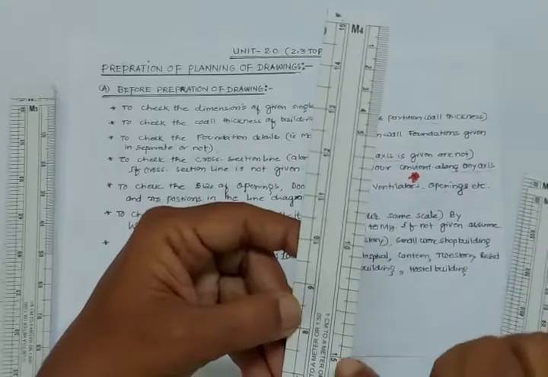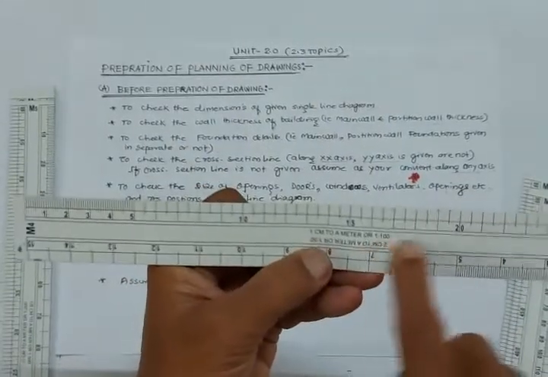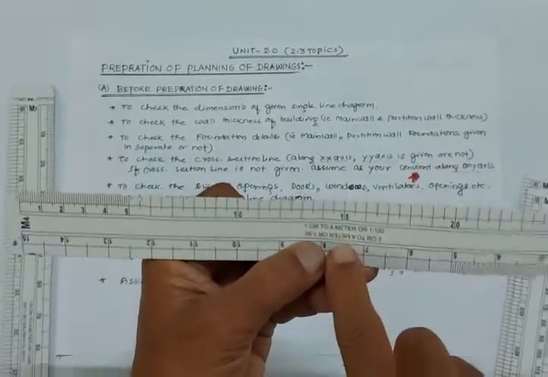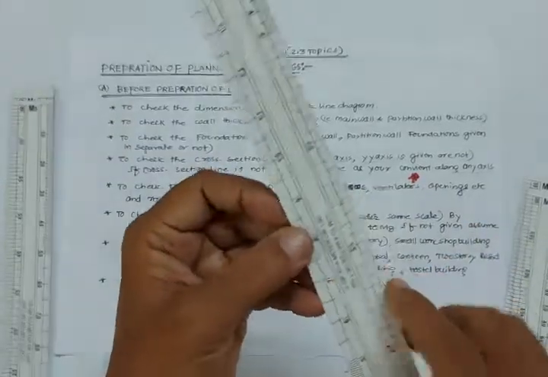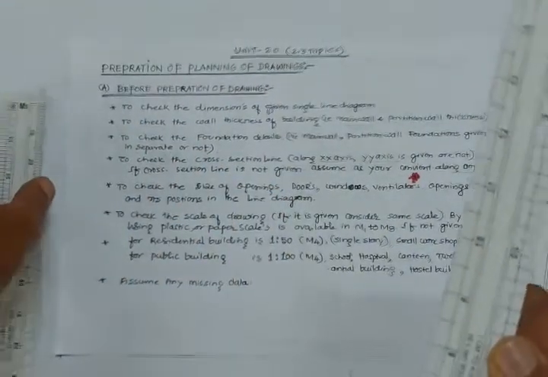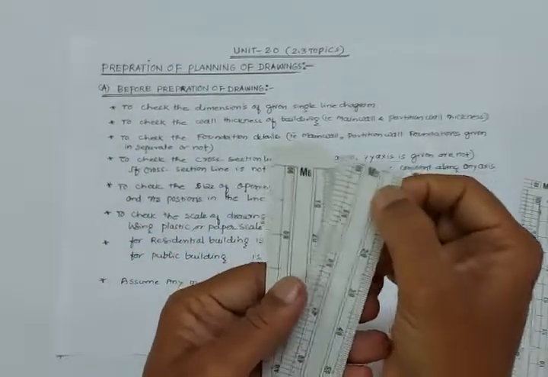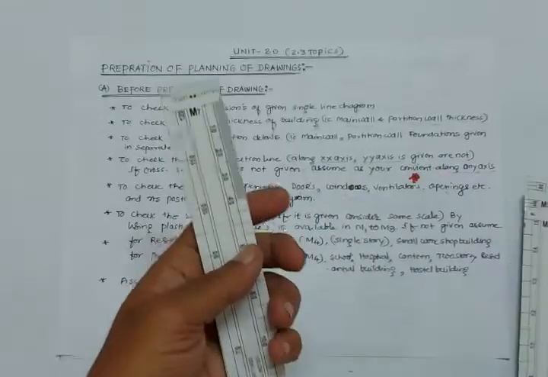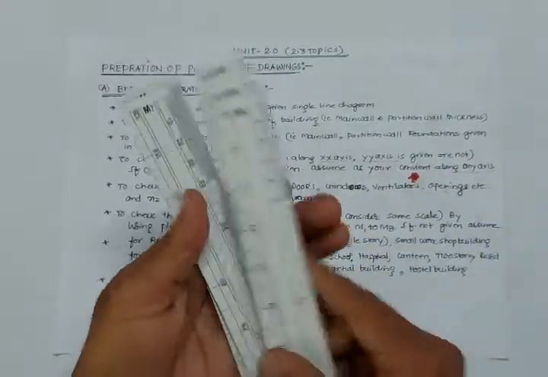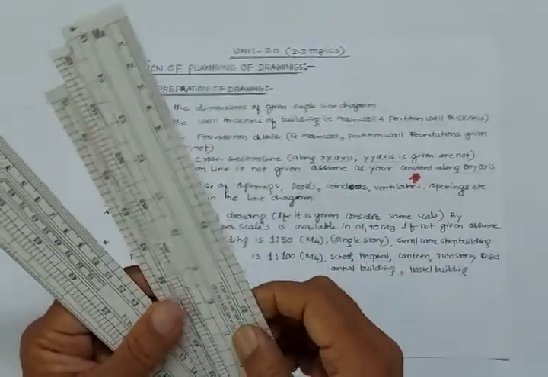You have to draw the plan, elevation and cross sections. Usually for a residential building you have to consider 1:50, and for a public building 1:100. Like this you have to consider. Usually the M4 scale is useful for building planning drawings. Like this M5 and again M6, M7, M8. These are the paper scales you have to use when you consider a distance from one point to another point.